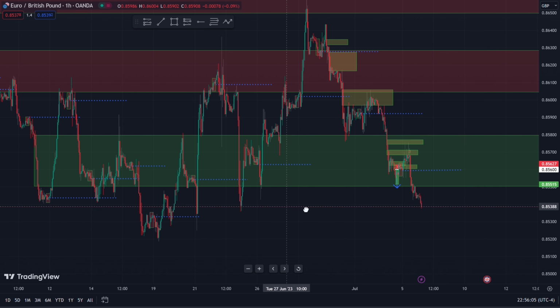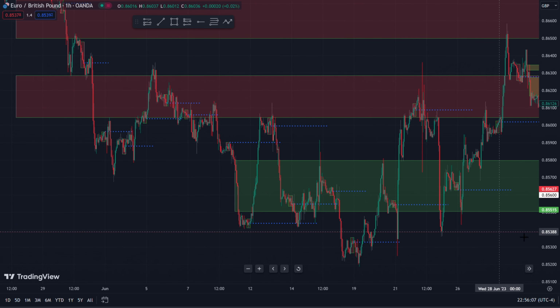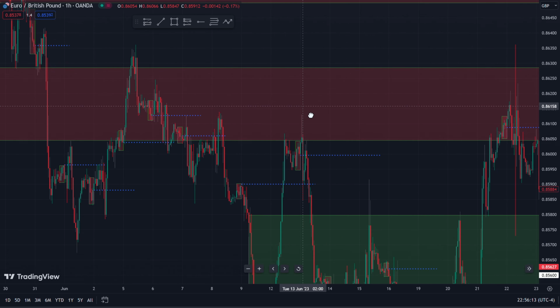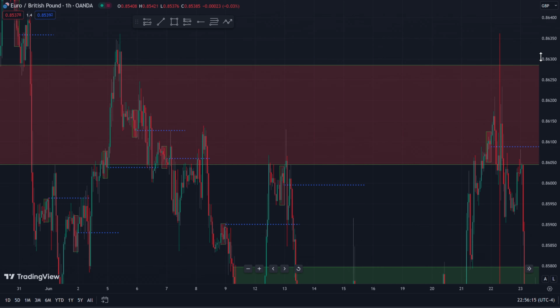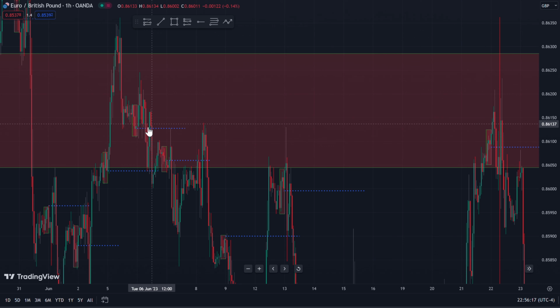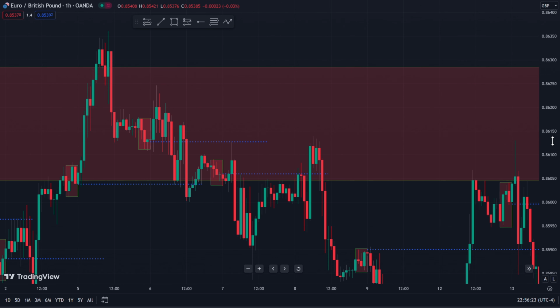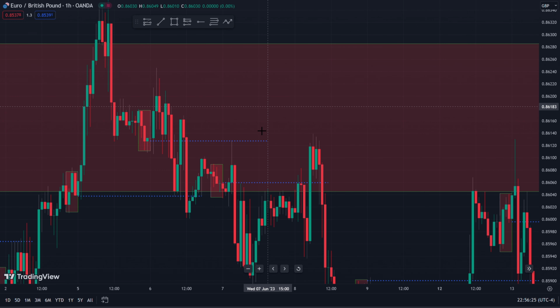So what are the basics of ICT concepts? The best way to trade it, according to me, let me start here. To start on this, I'm going to explain this line. Okay, we'll go inside it. So how do I draw this line and how does it work? You come on this candle right here. You can see on this candle, if you go down,